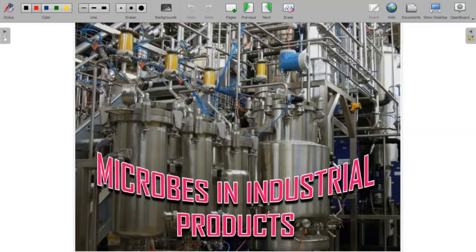You know that a large number of powerful industries based on the beneficial activities of microbes have been set up in recent years to produce a variety of products in enormous amounts: alcoholic beverages like beer, wine, and whiskey; non-alcoholic beverages like the curing of coffee beans and tea leaves; acids like lactic acid, citric acid, acetic acid, glutamic acid; and enzymes like streptokinase, vitamins, hormones, amino acids, antibiotics, vaccines, steroids, etc. We can add a lot of things we are actually taking from microbes.